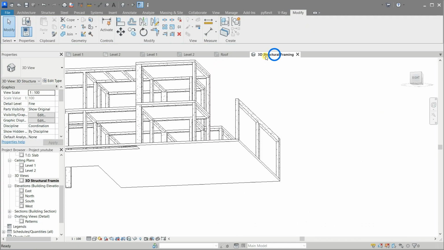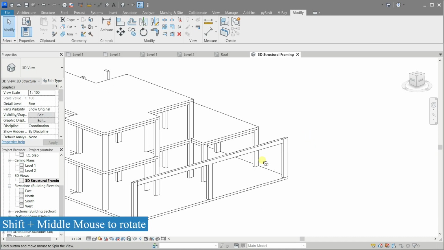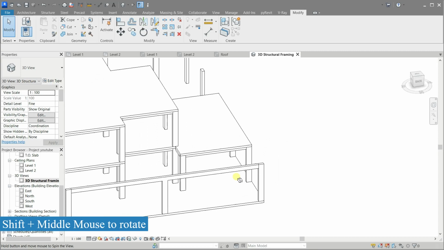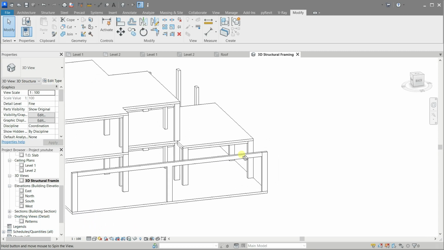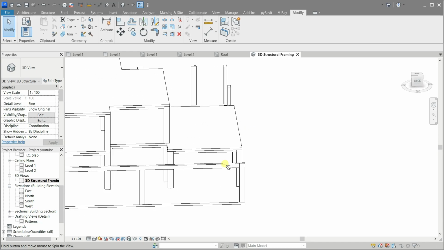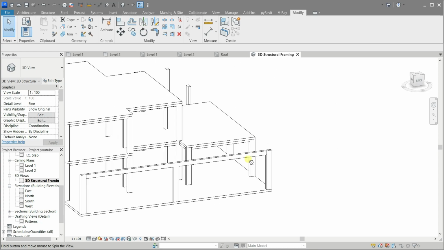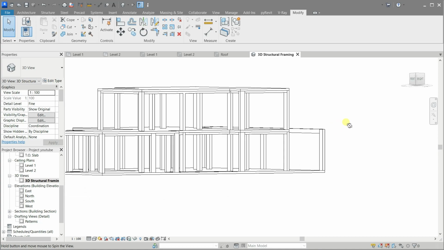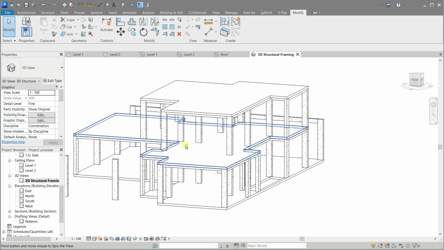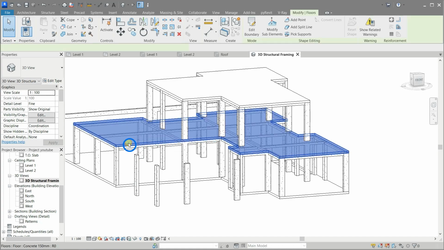Let's see it in 3D. You probably will notice that this new beam is showing its full height, because there is no concrete floor slab above it. Select any floor and hide its category temporarily in this view.